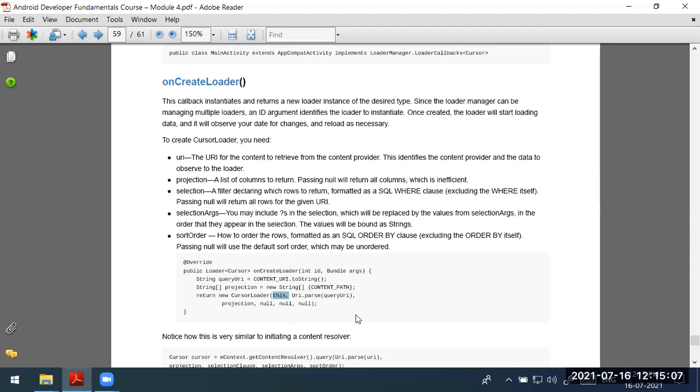Current class. In whichever activity you write it, the object has to go there, so we write this. We don't write the object, directly we write this. Next, the URL you are going to pass. What does this URL mean? What are you expecting from the database? Now, why are we creating this loader? For example, a USN is needed. If you want some USNs of the students, that you have to pass. What is required from the database content provider, that you have to pass.